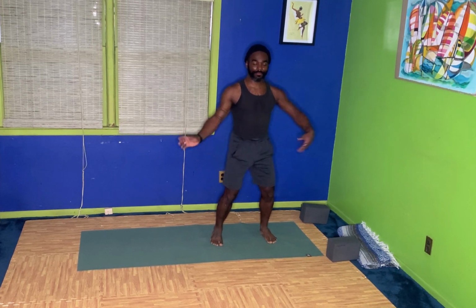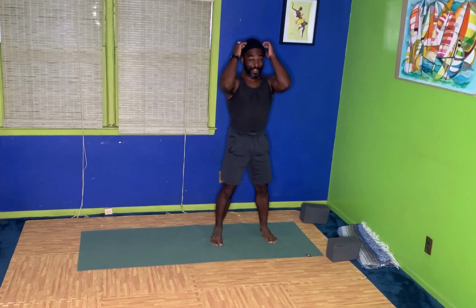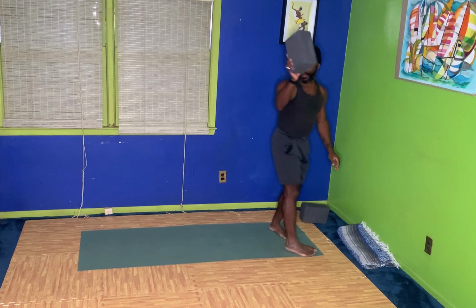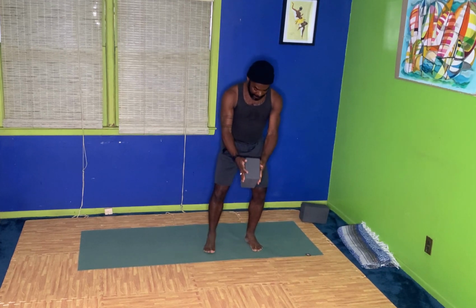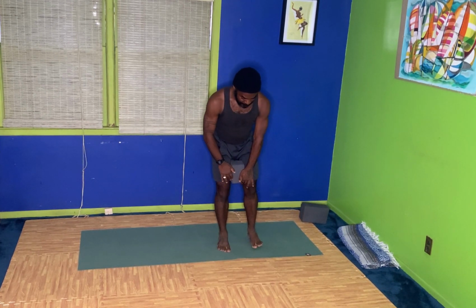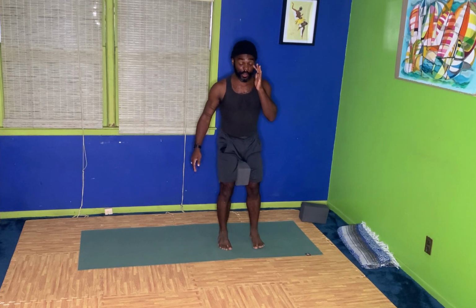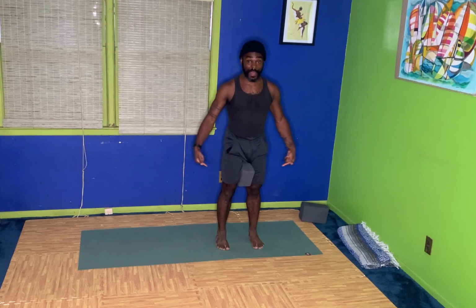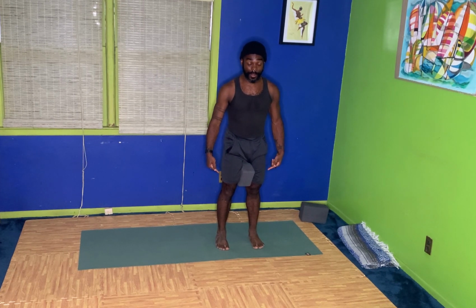Amazing. Give it a little shake out. Go ahead and grab your block. So we're going to take this block and we are going to slide it in between our thighs. Same like when we were sitting on the ground. Only difference is we're standing up. So first things first, squeeze your thighs against that block and then press the soles of your feet down against